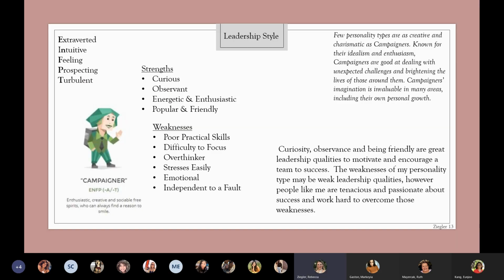And then to wrap things off, my leadership style. I was a campaigner, so my strengths are curiosity, observance, energetic, enthusiastic, popular, and friendly. And my weaknesses, poor practical skills, difficulty to focus, overthinker, stresses easily, emotional, and independent to a fault,